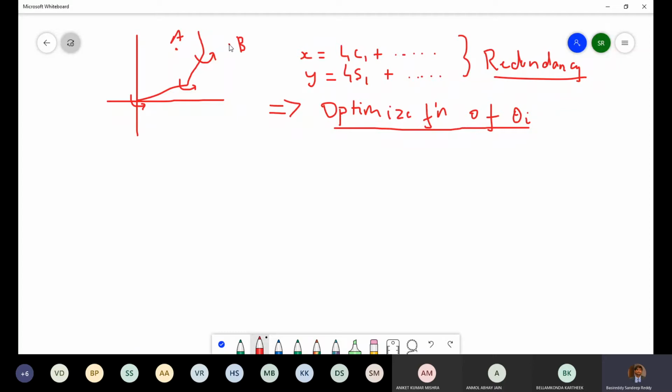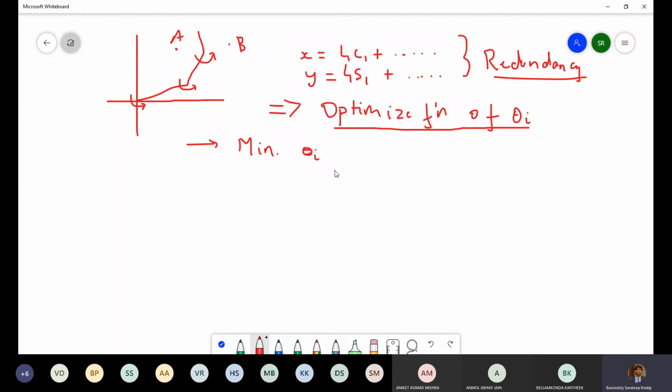So just to give an example of what kind of schemes you can have to form these optimization functions, one of them which is very commonly used is to minimize the joint rotations, minimize theta i.